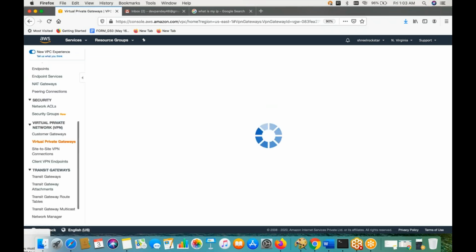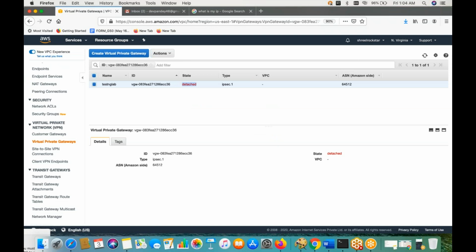We got the gateway created. Now guys, it's detached currently. Try to understand, you have got the gate from the AWS perspective. Inside the gate there are also multiple rooms. Which room do you want to allow? And guys, the room I'm suggesting here, room is a VPC for our understanding.